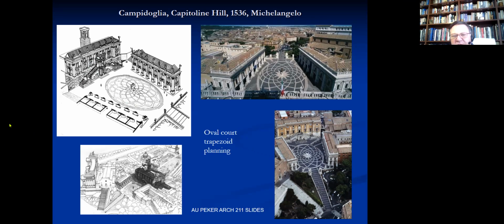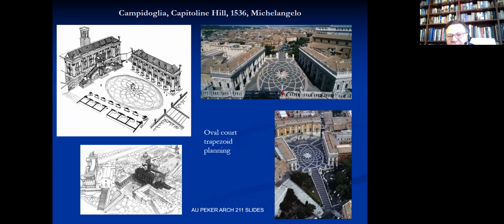I mean, this order, introduced by the diagonal placement of the buildings here, had to be resolved by means of a ground in relation to them, and he introduced this oval, which is regarded as the initiator of oval planning in Baroque. You see,